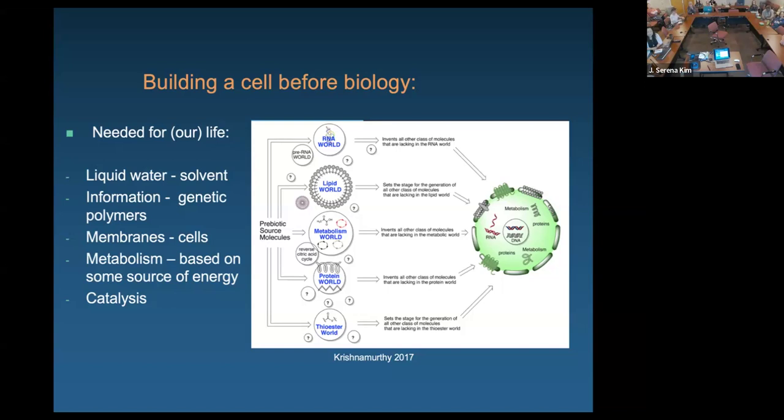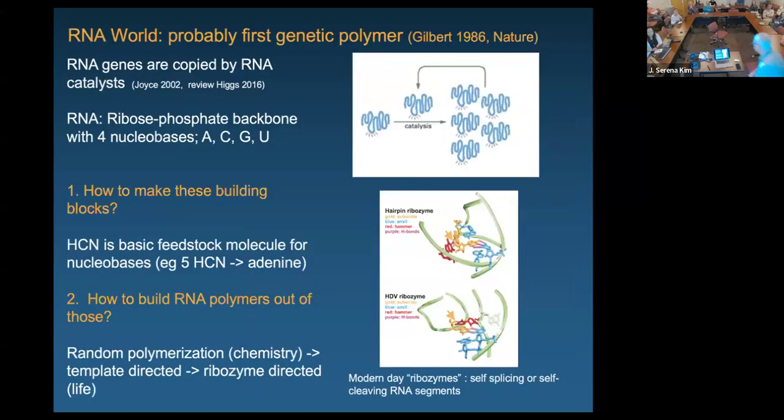We need some sort of information polymer, which will be the highlight of my own talk, membranes to separate one medium from another. That will be lipids, a source of that. Metabolism, some sort of source of energy, and a stable energy cycle that extracts that, catalysis, etc. So these have been viewed as separate components in the way that we've talked about this problem. Clearly, this needs to be integrated into a whole, but as a physicist, we're going to take this apart into pieces. And the motivation for that is this result that most biochemists, I believe, in the world subscribe to,